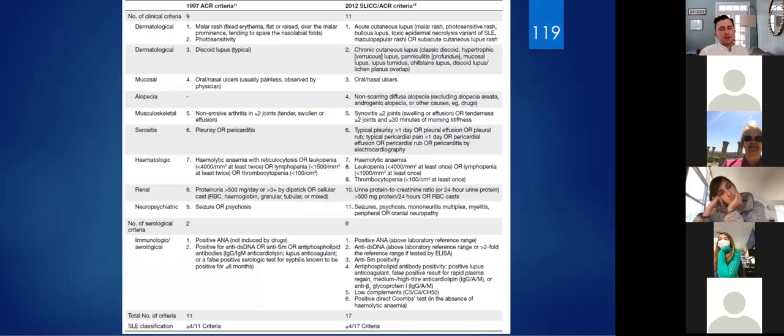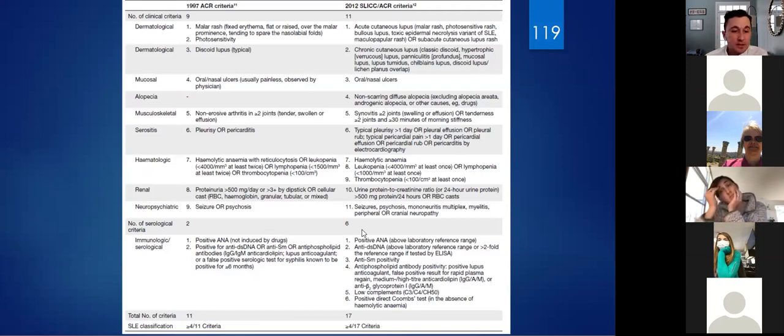So there are actually 3 different criteria systems. The most recent one that came out is not really being used in clinical practice yet, but these 2 here are the 2 most commonly used. And essentially, you've got to have involvement in multiple organ systems, and you've got to have serological criteria to back it up, okay? And for both of them, you just have to have 4. So if you meet any 4 of these, it means lupus is likely, okay?